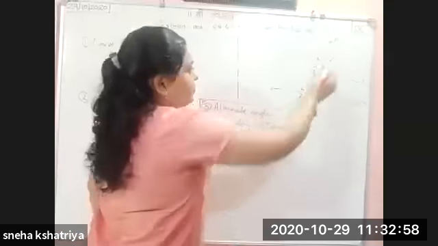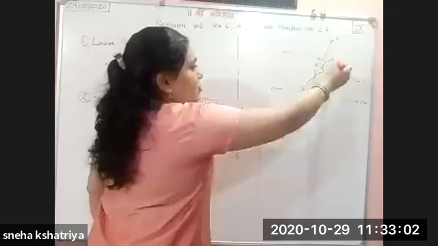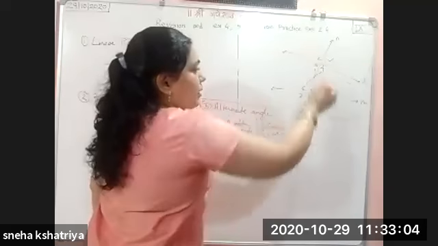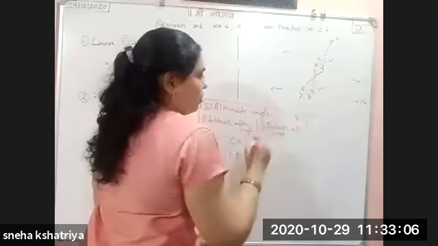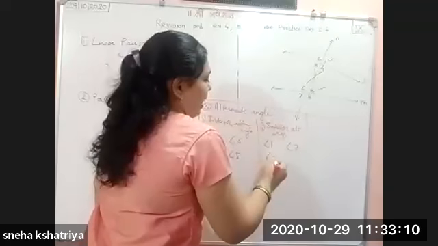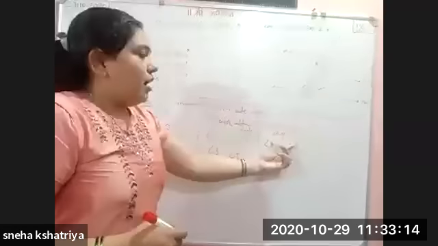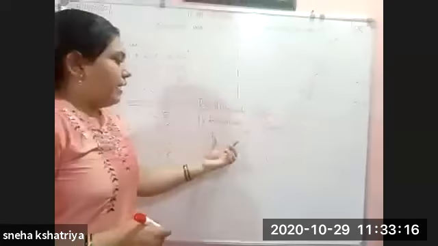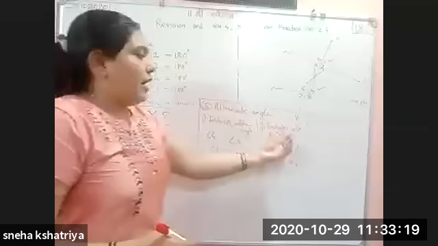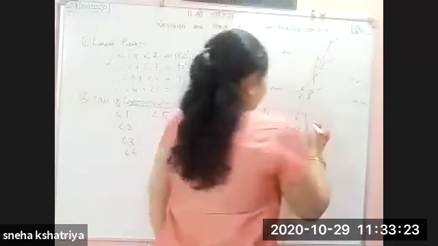Afterwards, exterior, same thing. Outside the lines, but they should form a cross. This 1 and 7, 2 and 8, they form a cross. That's why angle 1, angle 7, angle 2, and angle 8 form your exterior alternate angle pair. Pair of interior alternate angles and pair of exterior alternate angles. Afterwards, we were having